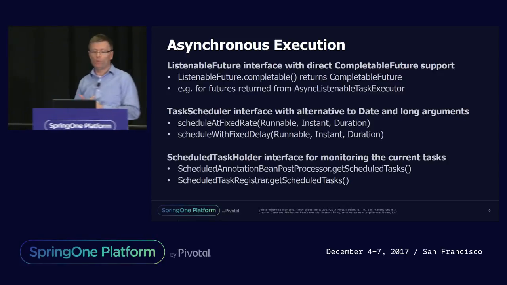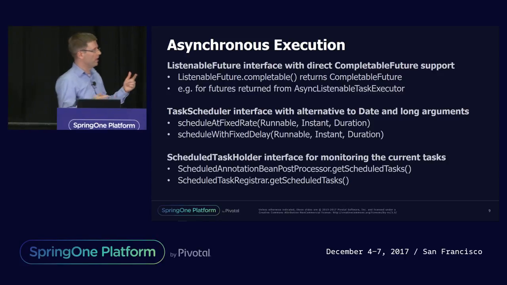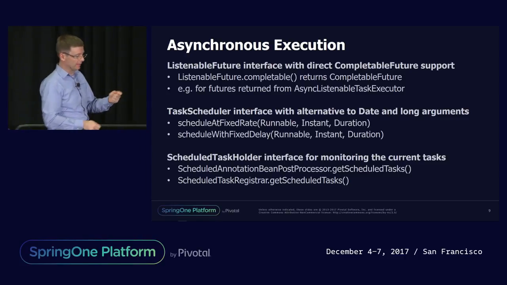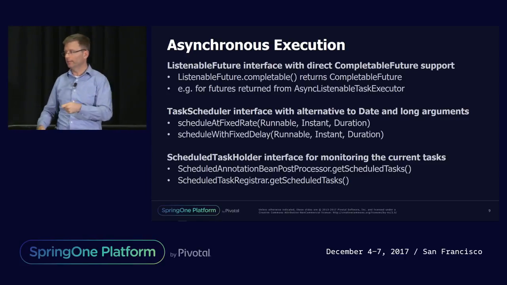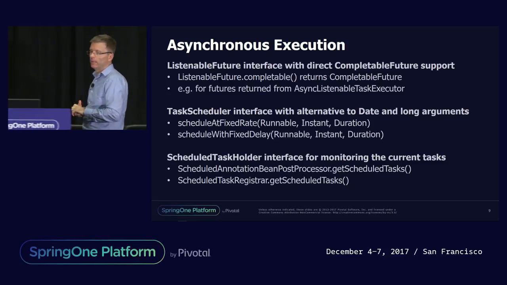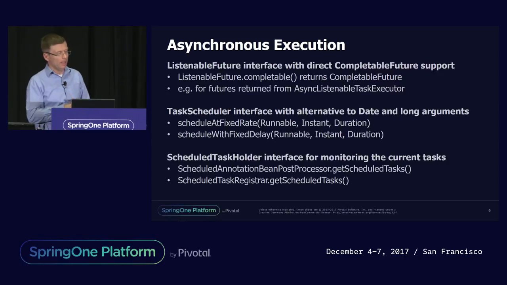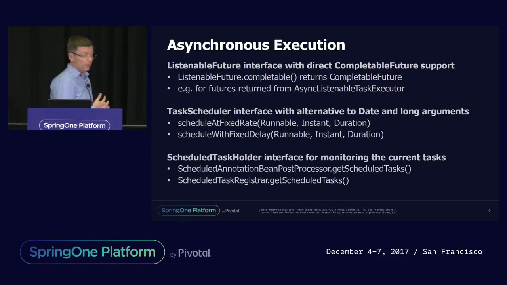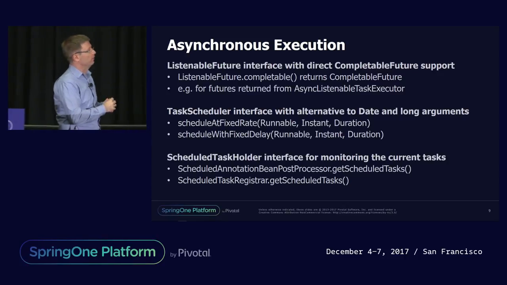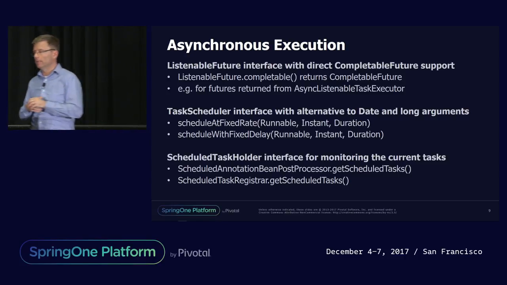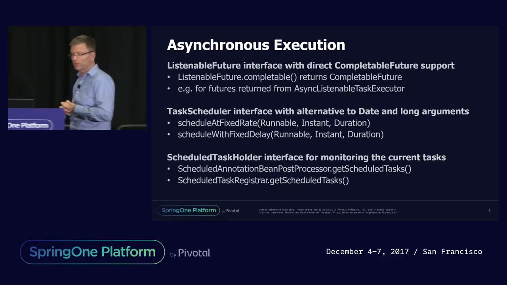So not only are there overloads for java.time.Instant and java.time.Duration, instead of specifying java.util.Date and that sort of stuff when scheduling by rate or by delay, there's also a new mechanism for monitoring the tasks that are currently scheduled. So this ScheduledTaskHolder mechanism is actually quite